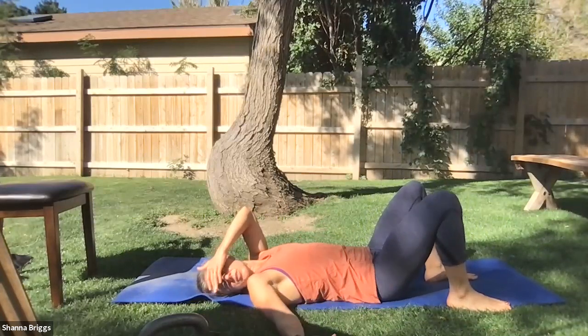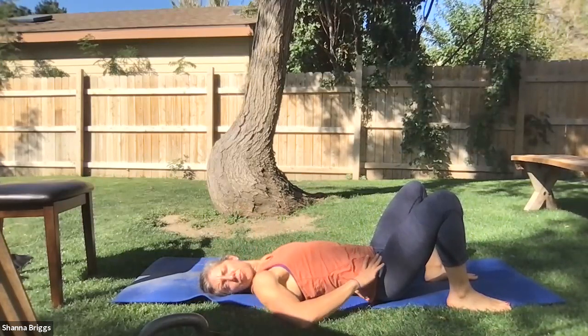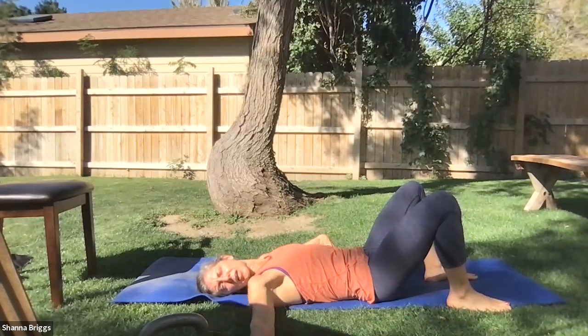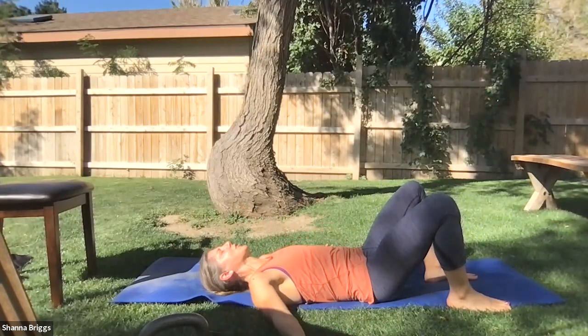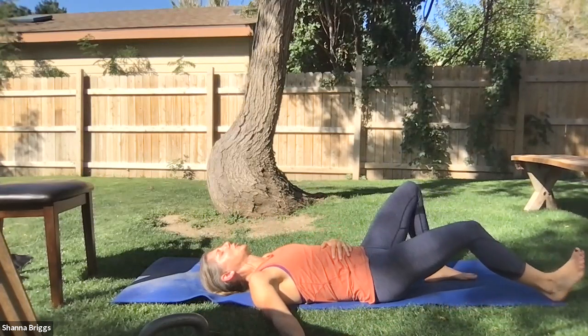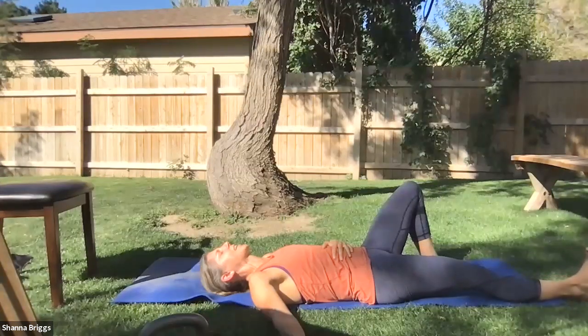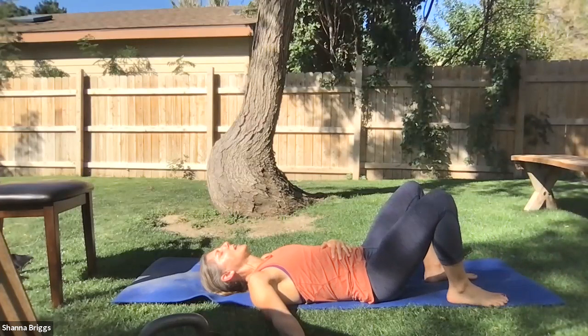So we're going to go back to those abdominal draws. So again, first option is simply to practice rocking the hips back, creating that tension in your lower abdomen, pushing that low back flat to the ground. If you feel ready for the heel slide, you'll hold that tension of the lower spine as you slide one heel out, sliding it back, and then you can relax